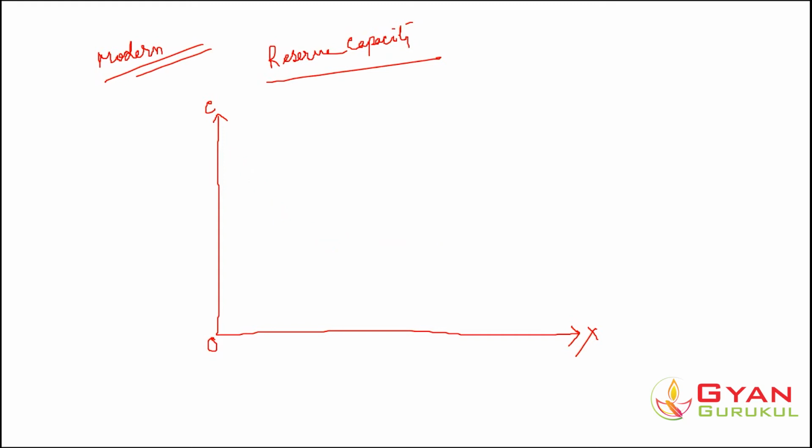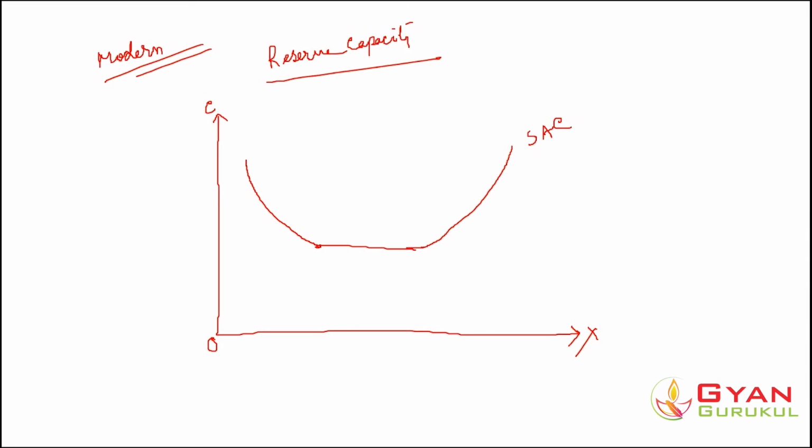So basically, in the conventional theory, the curve was a completely U-shaped curve, right? Here, the curve is not a U-shaped curve. First, it falls down to a certain level, a certain range. Then it becomes a straight line up to a particular point, and then again it starts increasing. So it looks something like this.